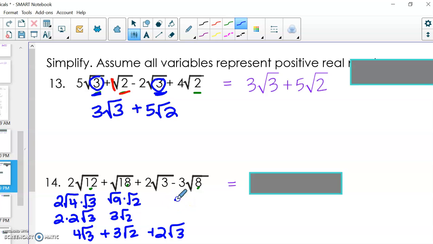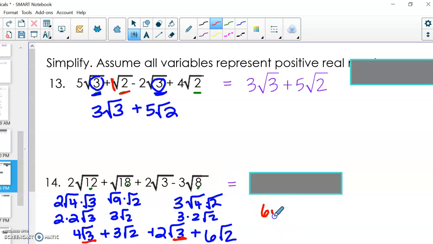And then square root of 8. 8 is square root of 4 times square root of 2. Square root of 4 is 2, so this is 3 times 2 root 2. So this is 6 root 2. Okay, then we look for like radicands. 4 root 3 and 2 root 3 make 6 root 3. And then